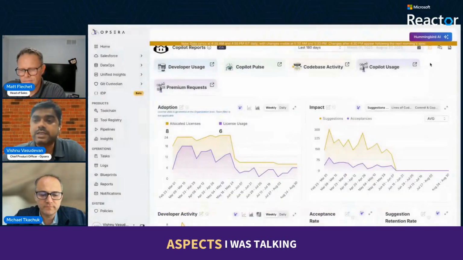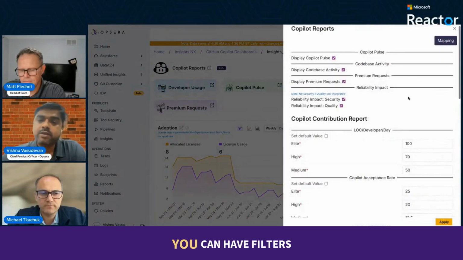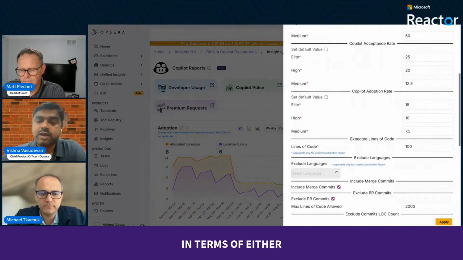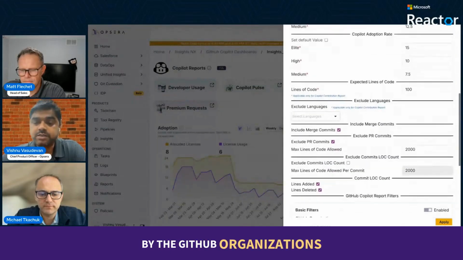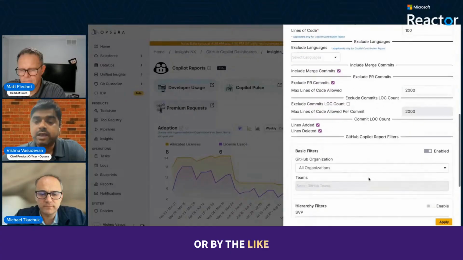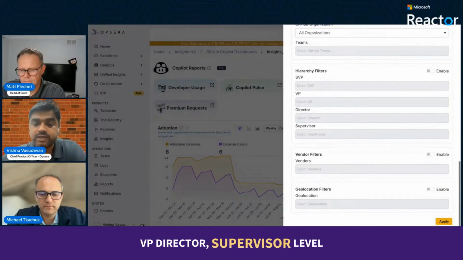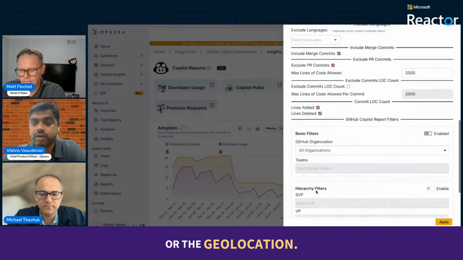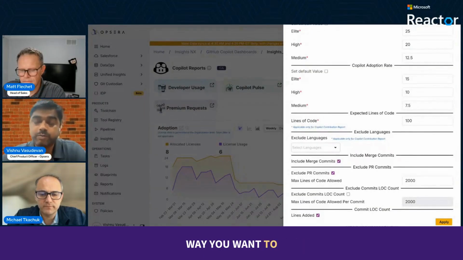So one of the key aspects I was talking about is the filters, right? You can have filters either by the GitHub organizations or by the hierarchy filters, SVP, VP, director, supervisor level, or by the vendors or the geolocation. So you can slice and dice the information the way you want to measure, and also